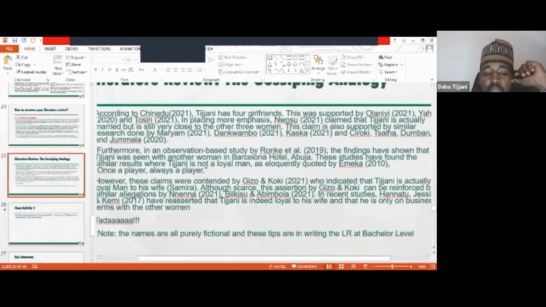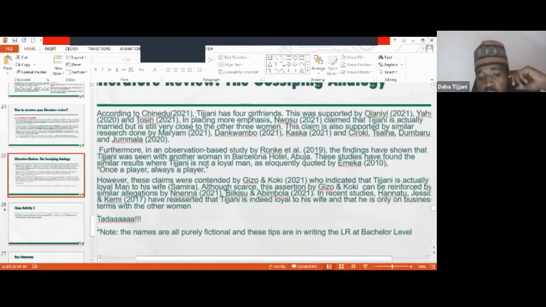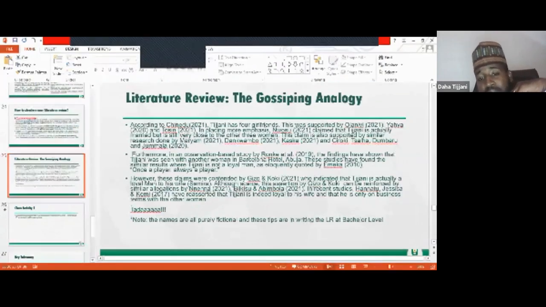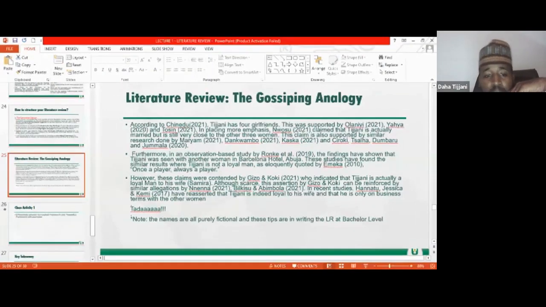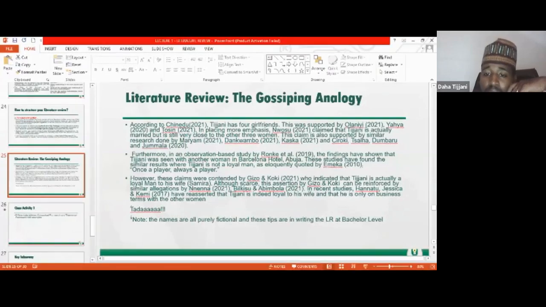So I was saying, according to Chinedu 2021, Chinedu says that Tijjani has 4 girlfriends. This was supported by Olani, Yahya, and Tosin. In placing more emphasis, Unwosu claimed that Tijjani is actually married, but is still very close to 3 other women. This claim is also supported by similar research done by Mariam, Dankwambo, Kaska, Cherokee, Salha, and